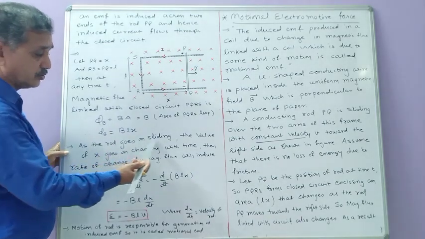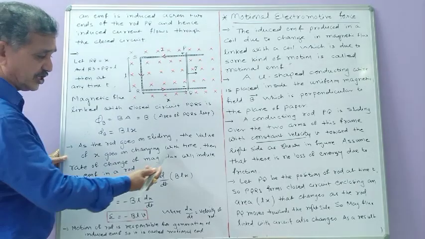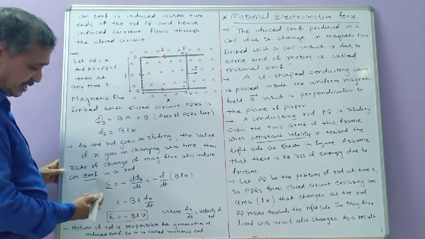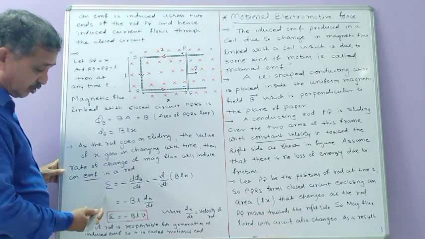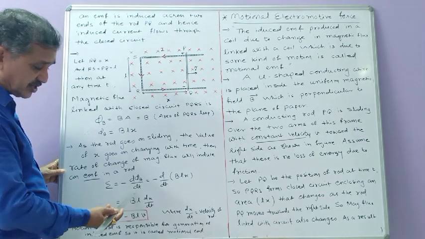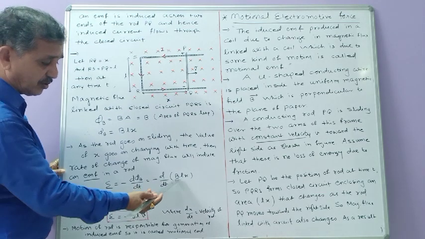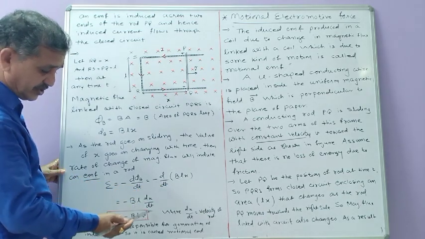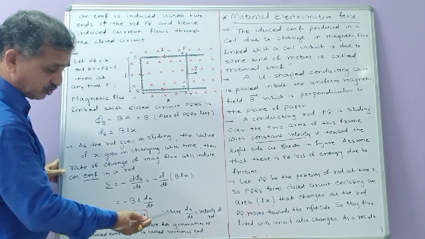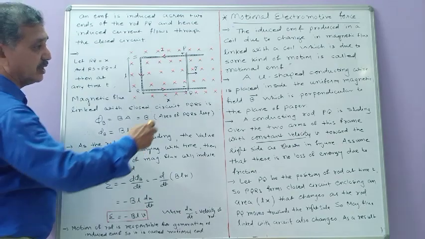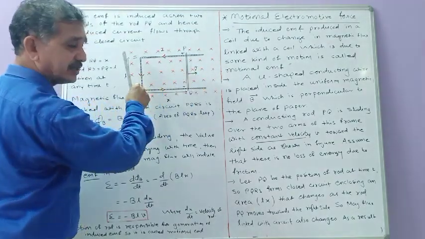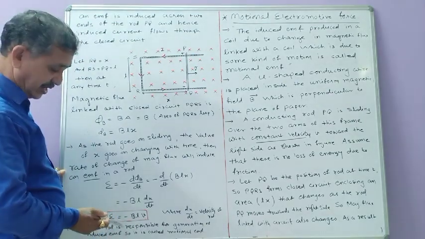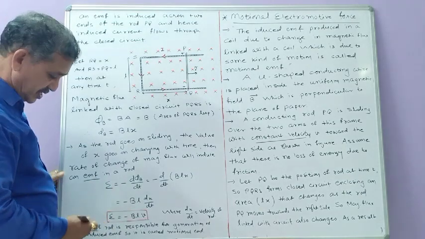As the rod goes on sliding, the value of x goes on changing with time. Then the rate of change of magnetic flux will induce an EMF in the rod according to Faraday's law of electromagnetic induction. So E equals minus d phi by dt equals minus d by dt of BLx, where B is constant, L is constant, x is changeable. So minus BL into dx by dt equals minus BLV, where dx by dt is equal to velocity of the rod. अगर ये रॉड PQ राइट साइड के बदले में लेफ्ट साइड जाता है तो dx by dt आपको क्या कंसीडर करने का, नेगेटिव वेलोसिटी। तब आपको क्या मिलेगा, इंस्टेड ऑफ माइनस BLV इट विल बी प्लस BLV।